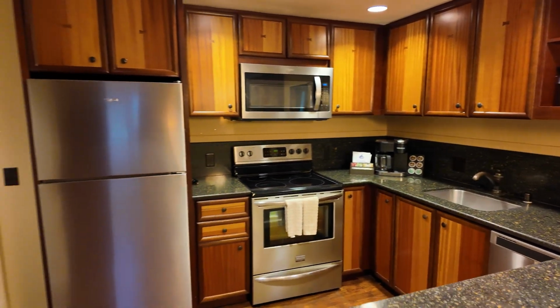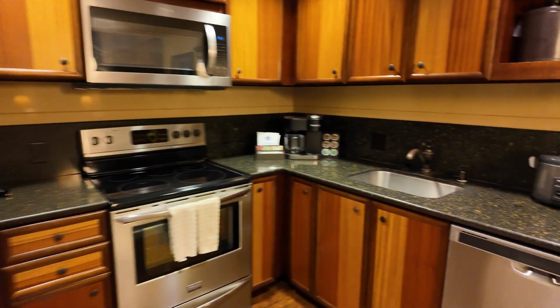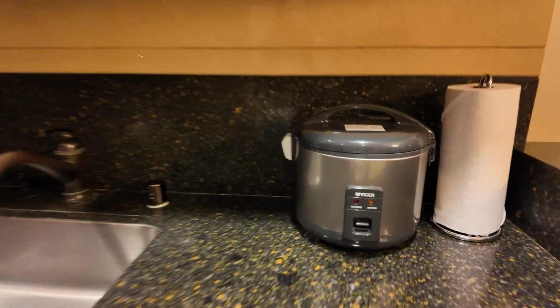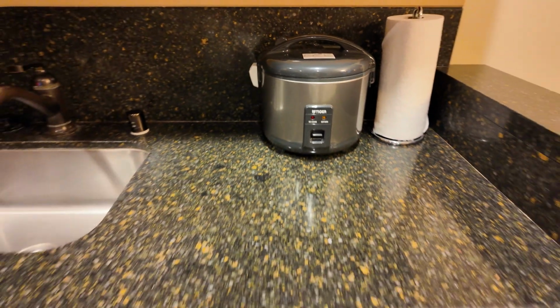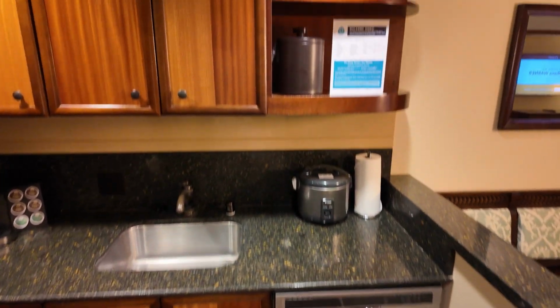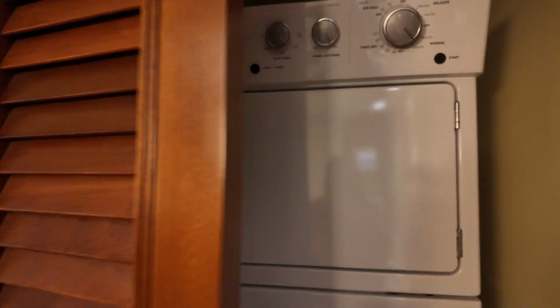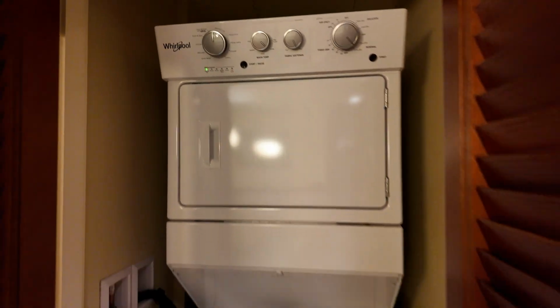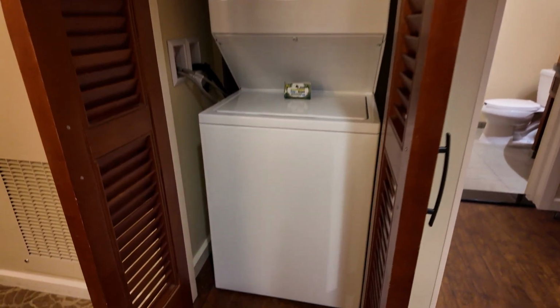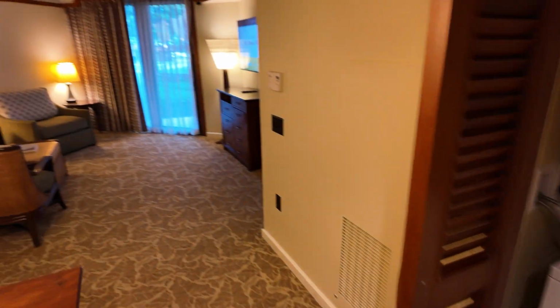It has a full-size fridge, a microwave, an oven, sink, coffee maker, even a rice cooker. There's a lot of amenities here in this room. There's also a dishwasher, an ice bucket. This is definitely for people who are going to be staying here for a little bit. Also, right off of the kitchen, you have one of the best things to have in a hotel room, especially if you have kids, and that is a washer and dryer. Not all rooms come with this, but most of the Disney Vacation Club suites or villas do come with washers